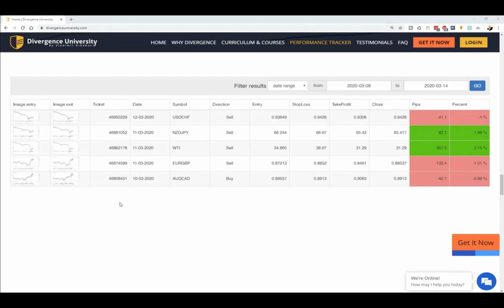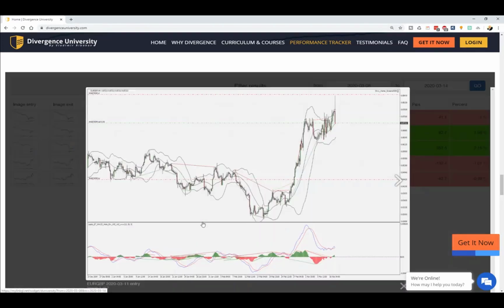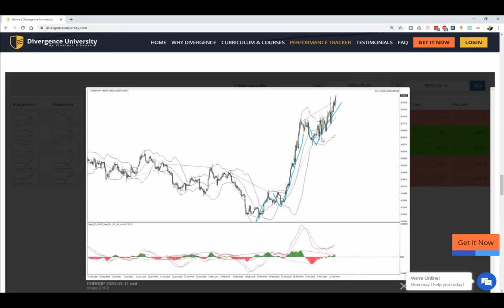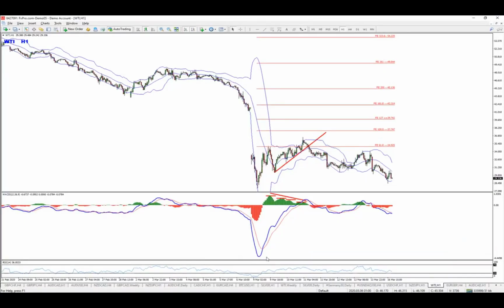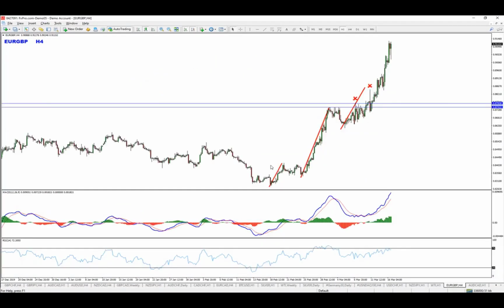Alright, next we have Euro Pound, which was a massive run to the upside, and this is where we started looking for possible pullbacks after this 5-leg structure, which unfortunately pushed up and hit the stop loss. So when we go back to the live chart, what we can see here is